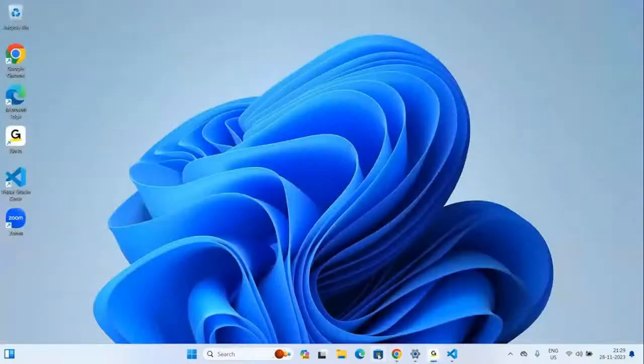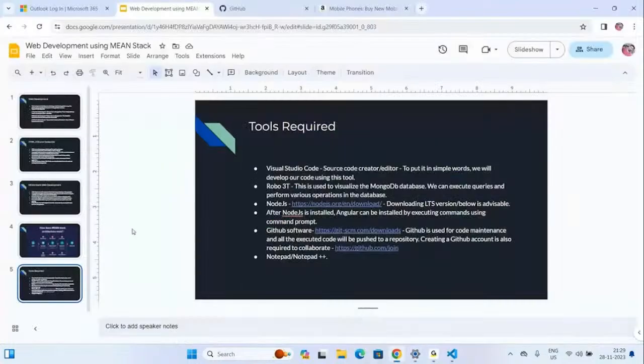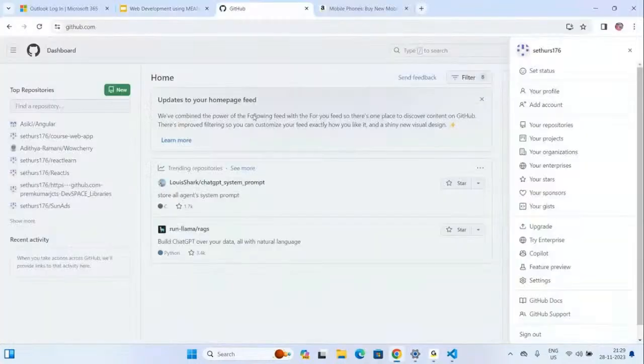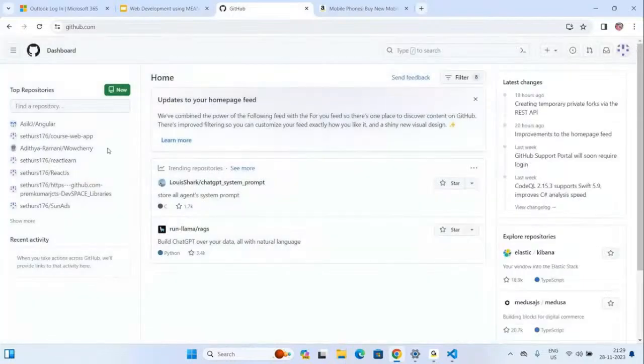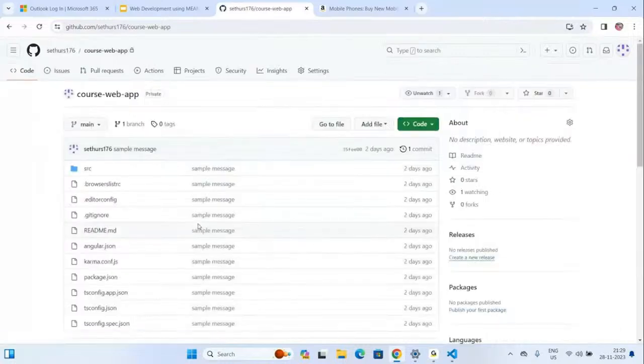So I'll move on to tools. Before I move on to tools, I'll just go on with JMeter. As part of this course, we'll also be covering JMeter. So what is it? For example, there are multiple people in the projects, and we need to push the code to a specific repository. So we use GitHub, and there are many repository builders other than GitHub. For example,